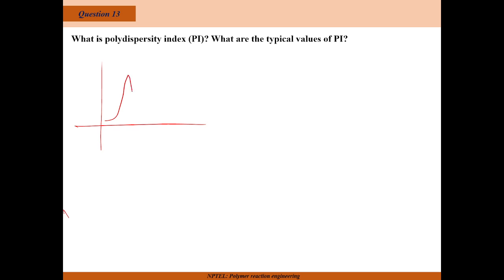Suppose we had two cases: one has a very narrow width and the other has a wider width. The narrow width one is called monodispersive, and the wider width is called polydispersive. Basically, the monodispersive is also defined as the one which has the polydispersity index PI equal to 1, and the